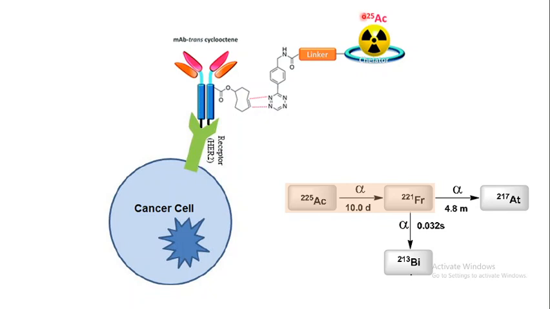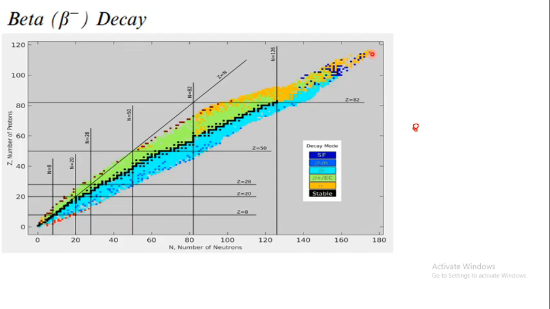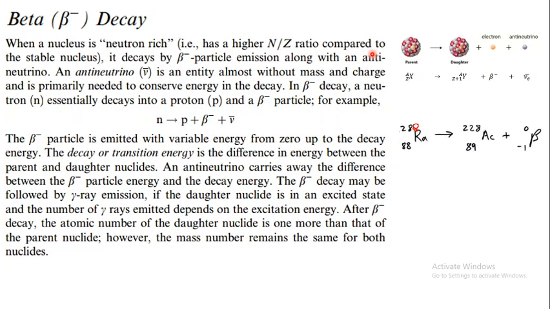But you should keep in mind that the ionizing or destructive power of the alpha particle is much greater as compared to the beta particle. However, the beta particle has greater penetration power as compared to the alpha particle, and due to this reason it has the ability to burn a large area of tumor cells. Due to this reason, most clinicians practice using beta emitter radionuclides tagged with biomolecules in order to treat cancers. So, dear students,